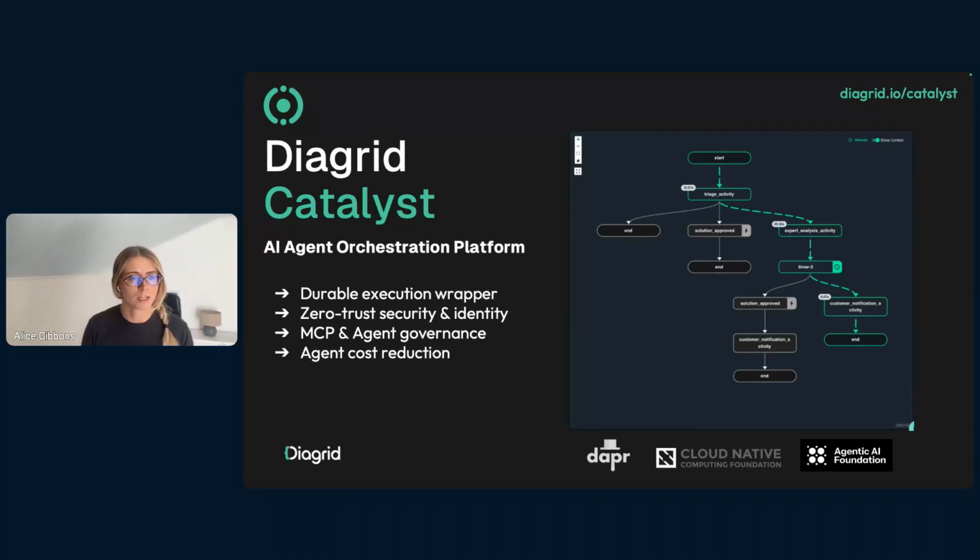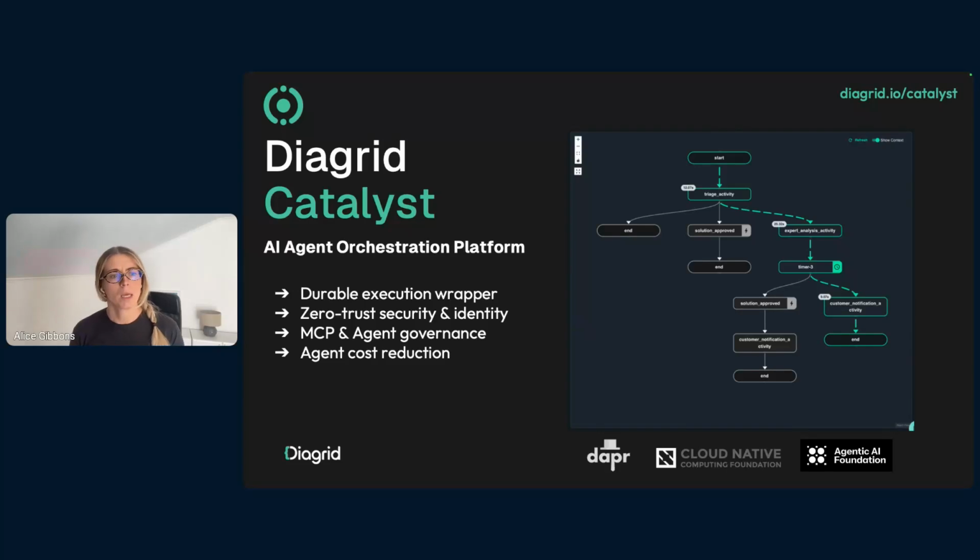Catalyst also provides zero trust security and an identity layer for all of your applications, for your agents, for your MCP servers. And you can have a really nice topological view of how your applications connect with each other, how they connect with their MCP servers, and really, from a top-down governance perspective, see what those connections are, and then also give access policies in between who can talk to who and who